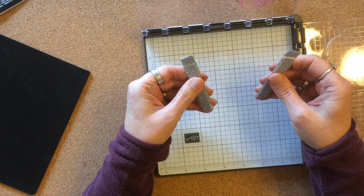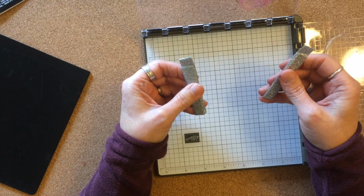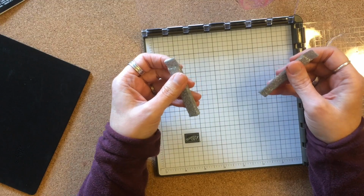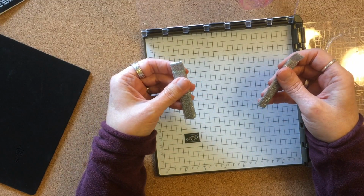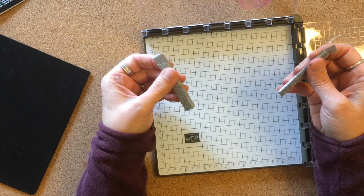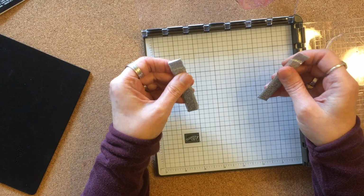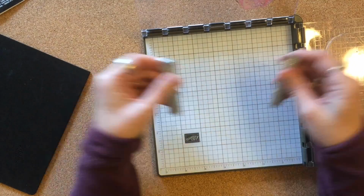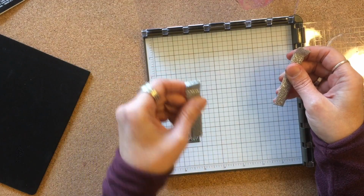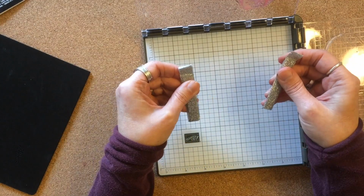We do want to mention that if they do break, Stampin' Up! will not replace them because that is not a defect. That's just something that happens, and so I, as well as other demonstrators, are trying to make everyone aware that there is a possibility that they will break. So just be really careful. Try to keep them separate so that they don't come in close contact with each other, because they will literally jump to each other and